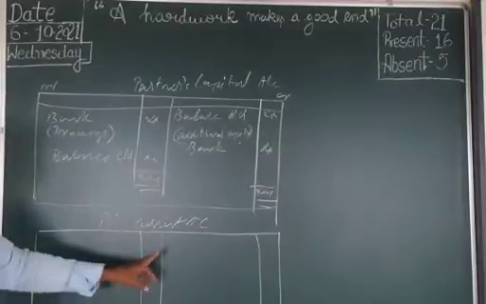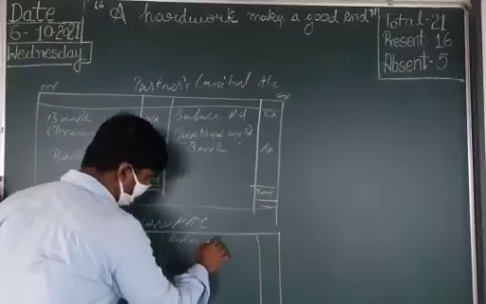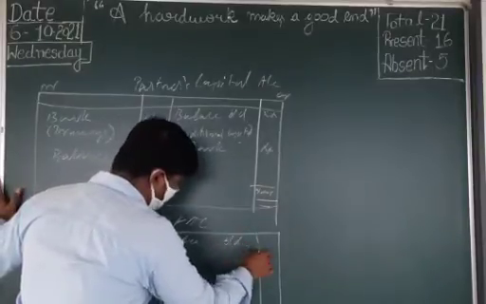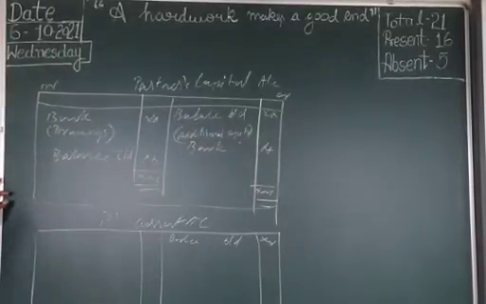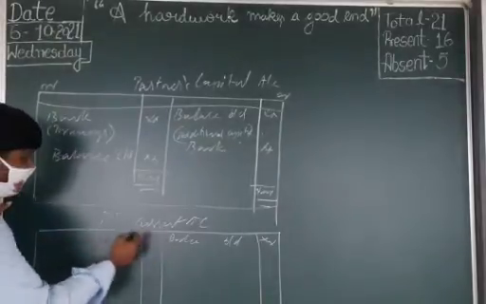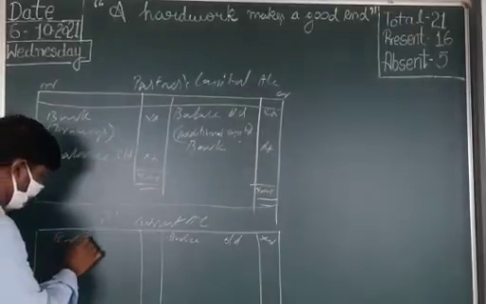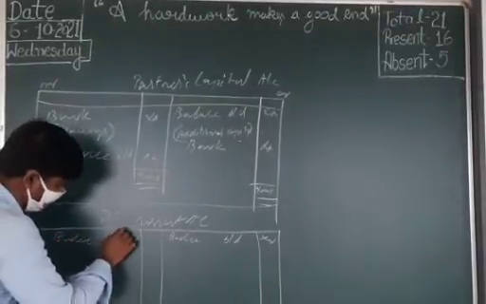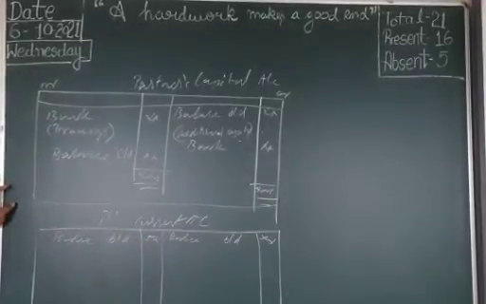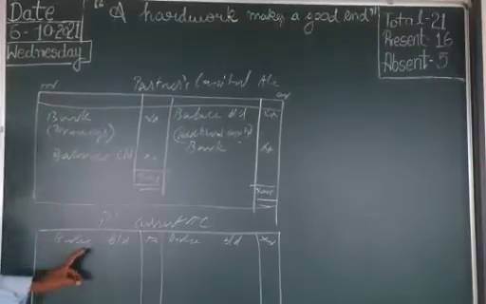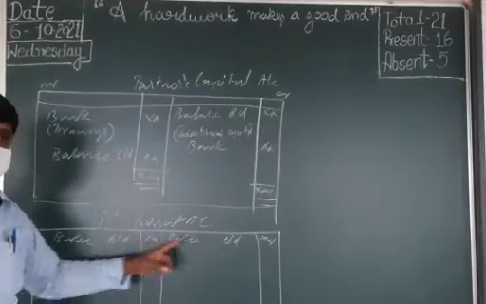But in the current account it is possible. That means here you can see the balance drawn down. Here also the chance is there. Any one side, okay. Both sides together will not come, but any one side will come, either this side or this side. Normally it will come on this side itself. Balance drawn down. Clear now? Partners' current account balance can come on any one of the sides. Both sides together will not come, only one of the sides.